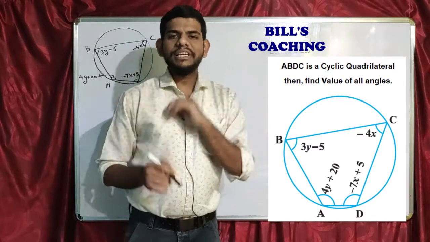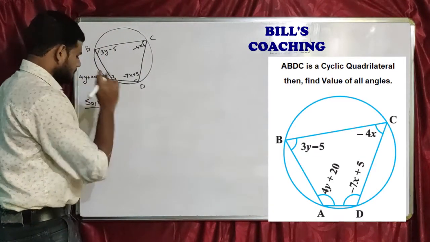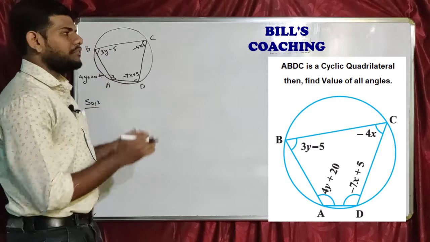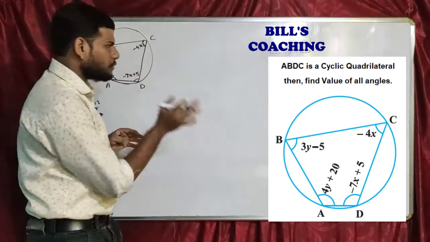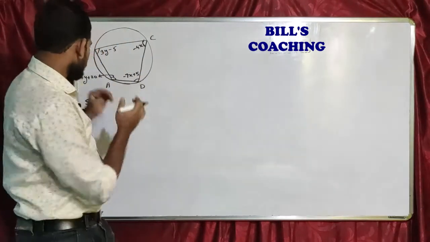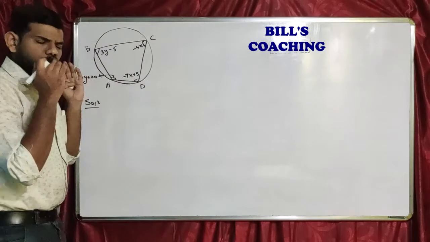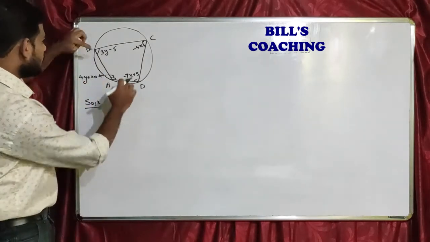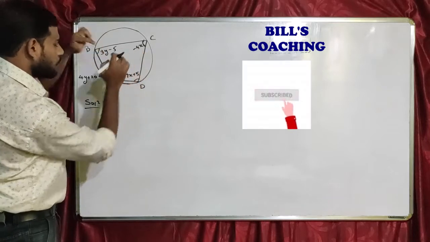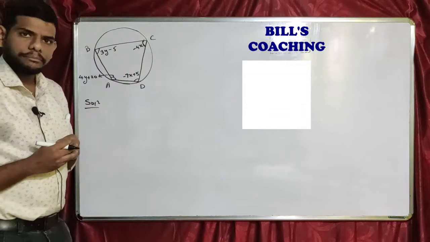With this, let us begin with a solution. Same thing I have drawn over here. So I don't need that now. Let me remove that. Focus here. Since this is a cyclic quadrilateral, you all must be knowing one property of cyclic quadrilateral, which is that if you sum opposite angles of cyclic quadrilateral, sum will come to 180 degree.